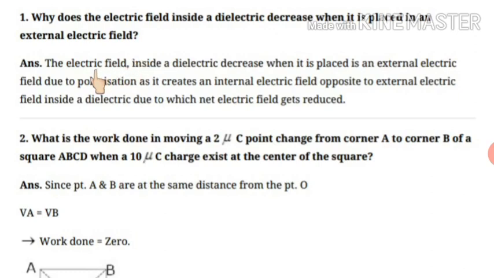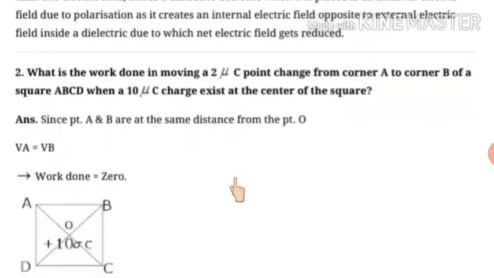So what is the answer? The electric field inside a dielectric decreases when it is placed in an external electric field due to polarization, as it creates an internal electric field opposite to the external electric field inside a dielectric, due to which the net electric field gets reduced. Okay, next question is,